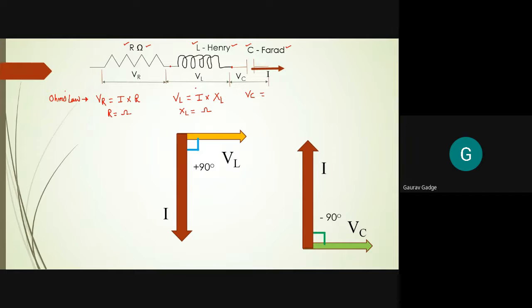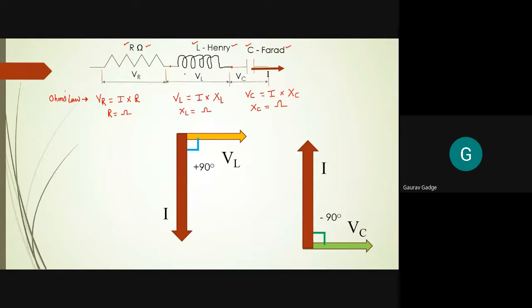Now, again, to the capacitor, if Ohm's law is applied, what we can get is I multiplied by, and this I is again the same, multiplied by XC. And what is the unit for XC? If someone asks me, the unit for XC is ohms. So it means when three elements are connected in series, when the same current passes through all the three elements, the individual voltage drops are VR, VL, VC. VR is I into R, VL is I into XL.